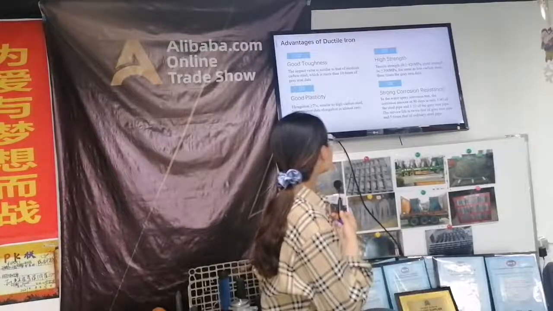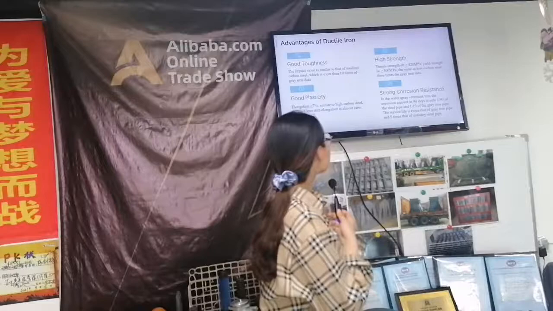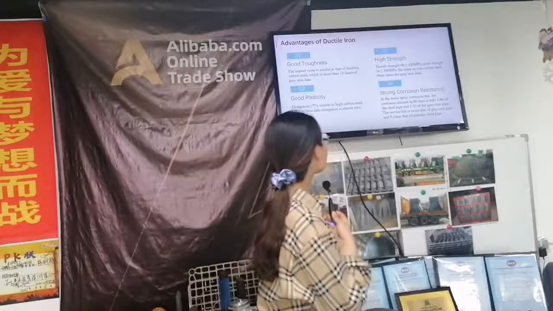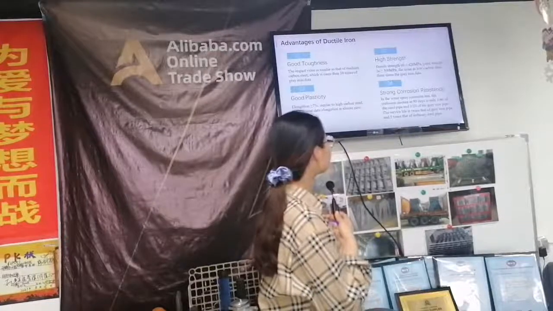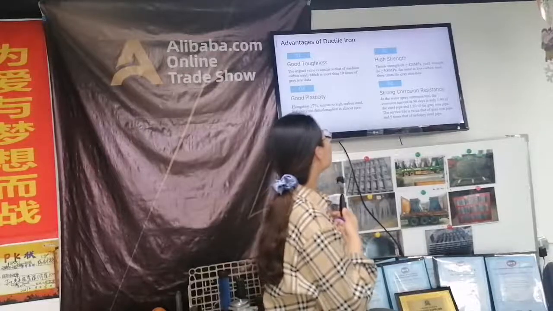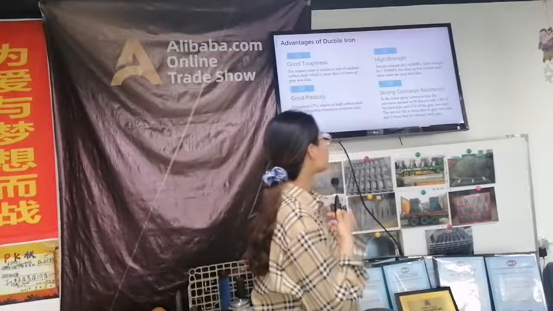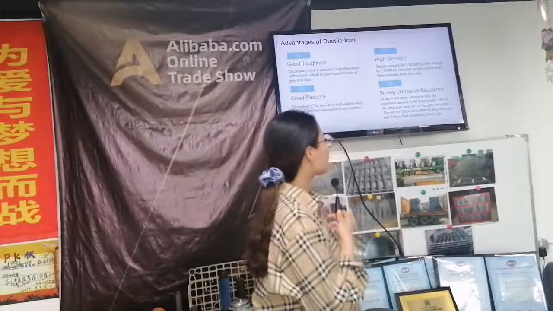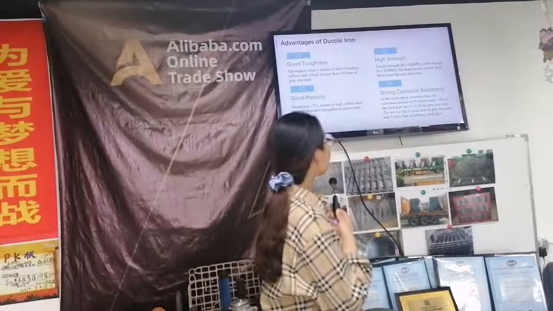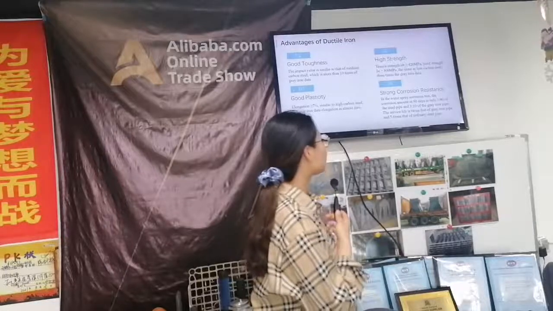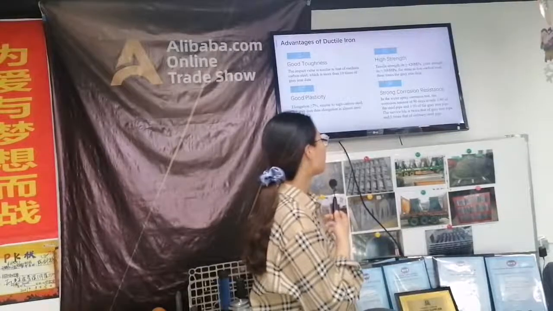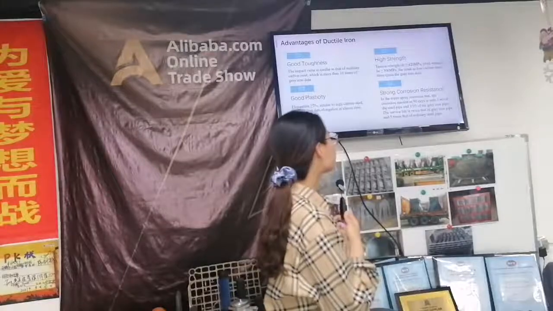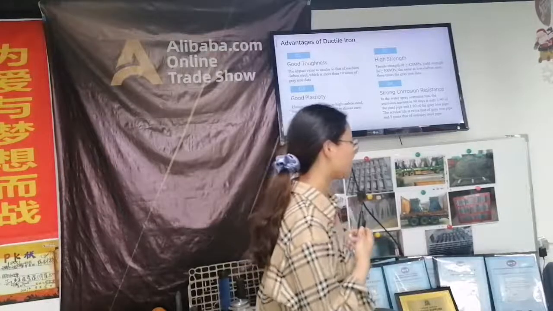It also has good plasticity. The elongation is more than 7%, similar to high carbon steel, but gray iron plate elongation is almost zero. It also has strong corrosion resistance. In the water spray corrosion test, the corrosion amount in 90 days is only 1/40 of the steel pipe and 1/10 of the gray iron pipe. The service life is twice that of gray iron pipe and 5 times that of ordinary steel pipe.